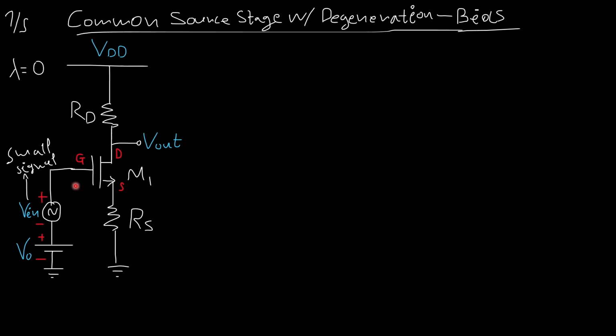The input is at the gate of the MOSFET device, the output is measured at the drain of the device, and there is also obviously a bias here at the gate and at the drain, and the difference with a typical common source stage is that there is a resistor tied between the source and the ground. In order to ensure saturation, I'm going to perform a